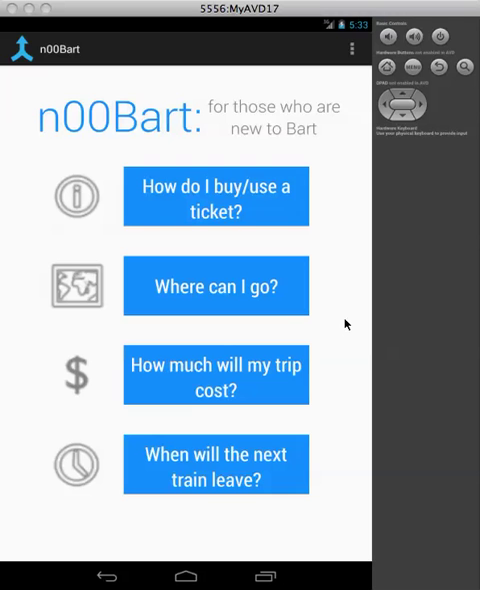riding BART. So the first question is, how do I buy or use a ticket? And there's an infographic on the side, which is like information just so that it gives another graphical representation of the question. So once you click into that,